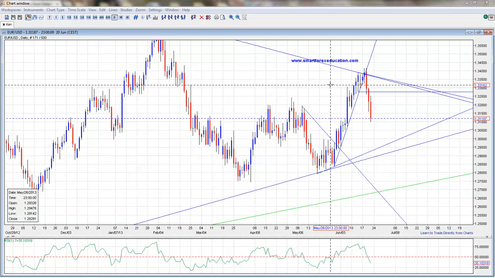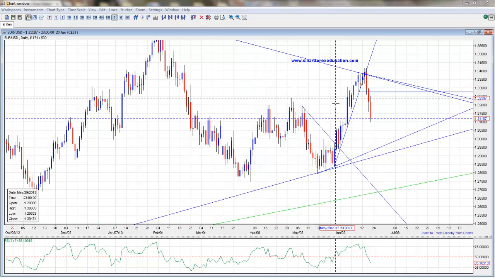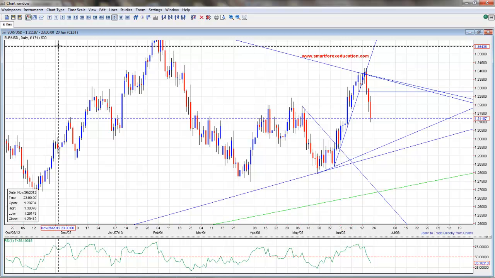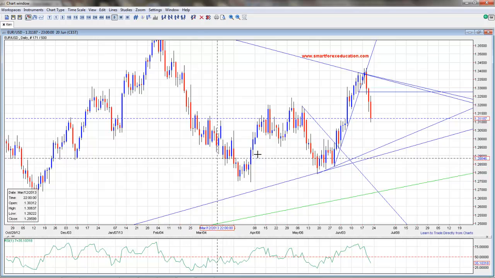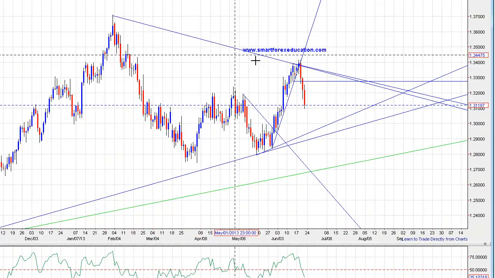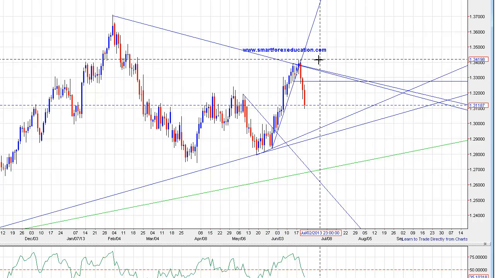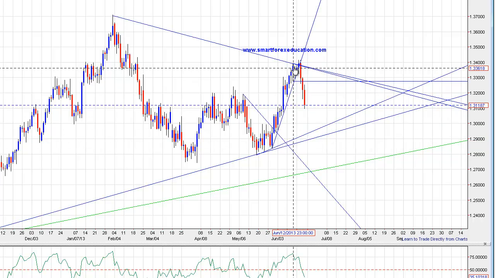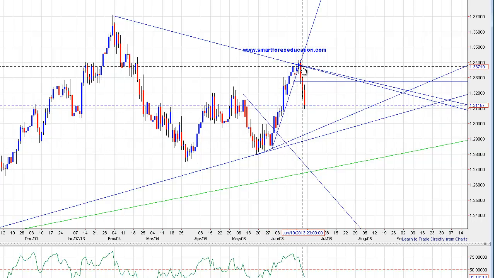smartforexeducation.com. Weekly review commencing 24th of June 2013 at the euro dollar chart. So this is a euro dollar daily time frame, and basically all I've done is just drawn in some simple support and resistance trend lines in place, and we've just seen a massive change in the dynamics of the euro dollar chart